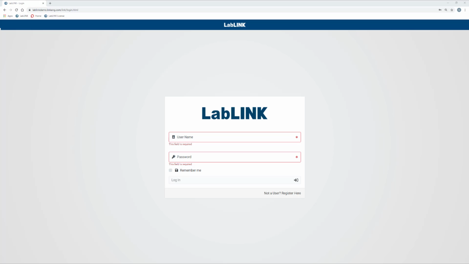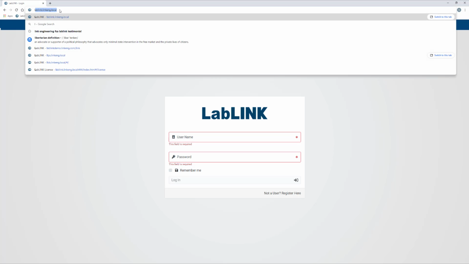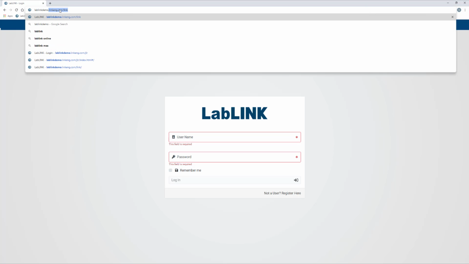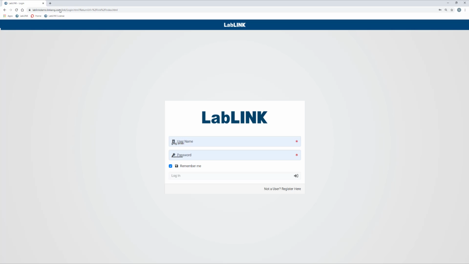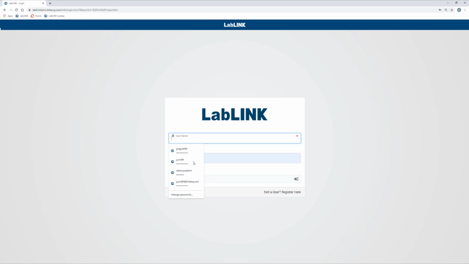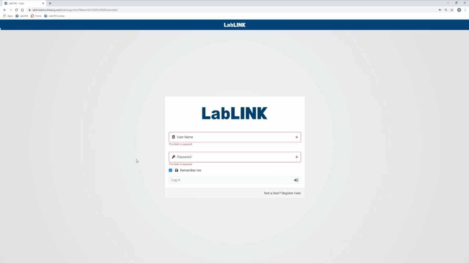To begin, please navigate to the LabLINK server page that will be provided by your IT team. In my specific case here, this is the address that I'm typing in now. As I come here, I'm going to see that I've got some username and passwords pre-filled out for me based upon previous accounts. But what I want to do here is, at the lower right hand corner, click the Register